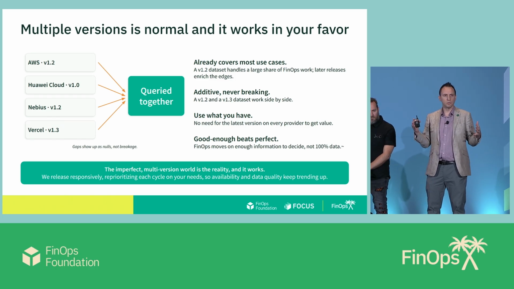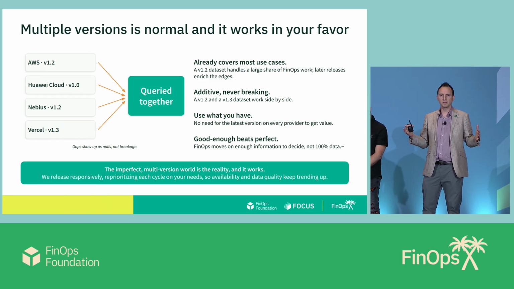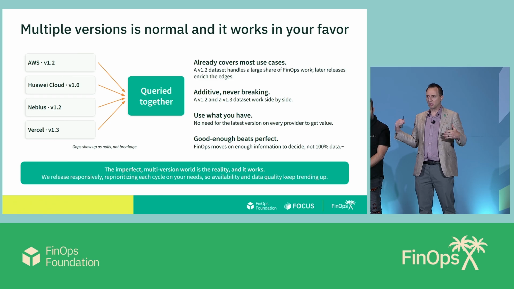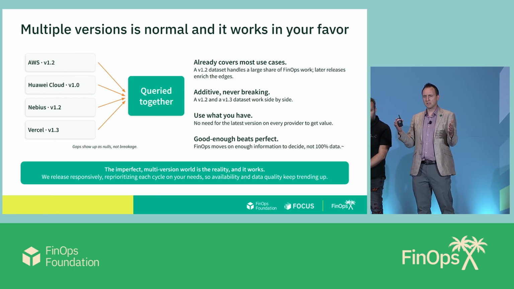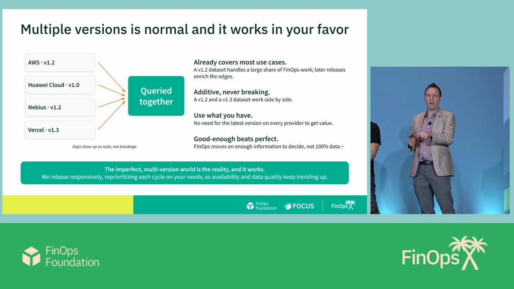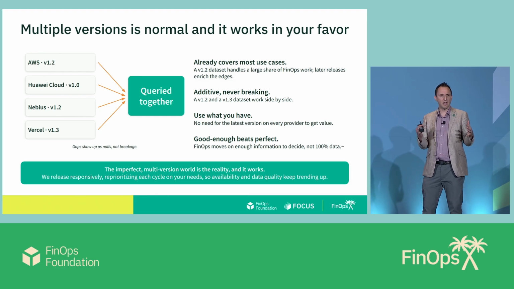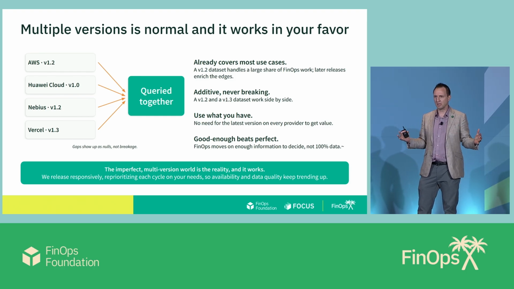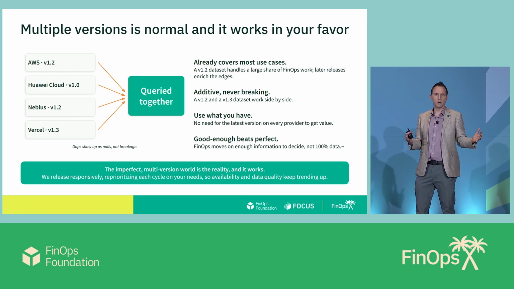What happens is it's okay to have multiple versions of FOCUS, and to be able to query against those versions. Those cost and usage columns really have not changed hardly at all. Again, one column, and we'll go through how to deal with that. But it's standard to have data that's not exactly clean. We're going to do our best, but you can query against a lot of that.